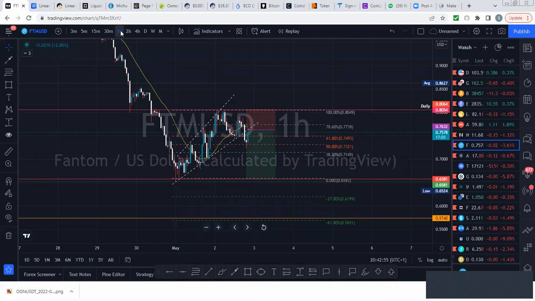38.2%, 61.8%. They are the PRZ zones. 38.2%, 61.8%,